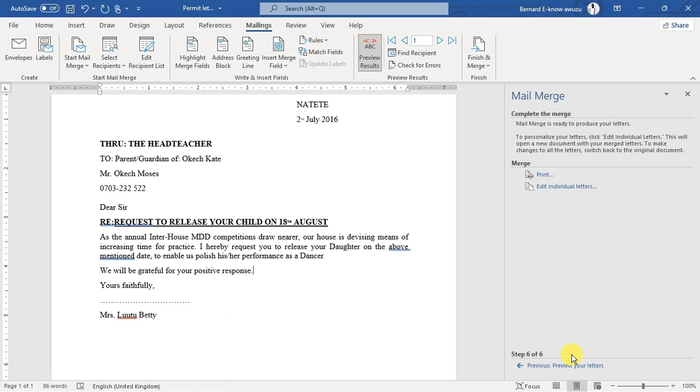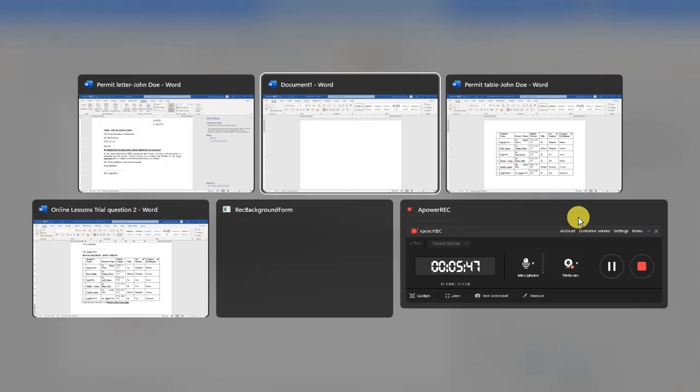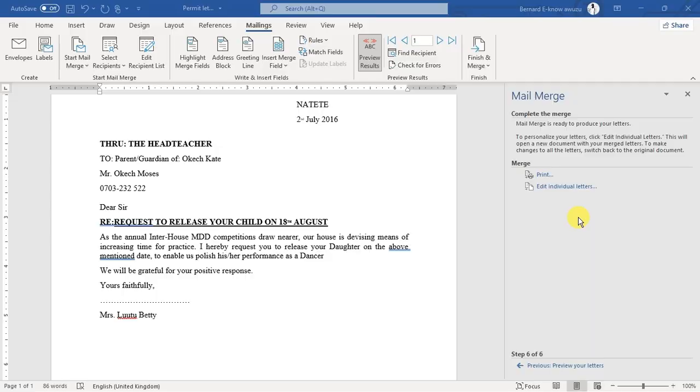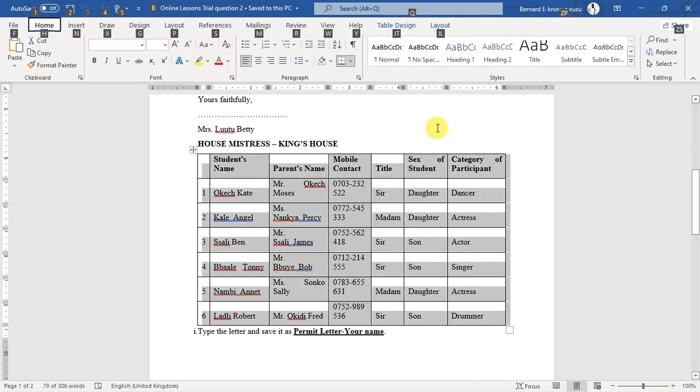Now that I'm in the 60th step, it now presents me with two options to complete mail merge. Those two options are print and edit individual letters. Now, if we move back to our question to see how they wanted us to answer this,